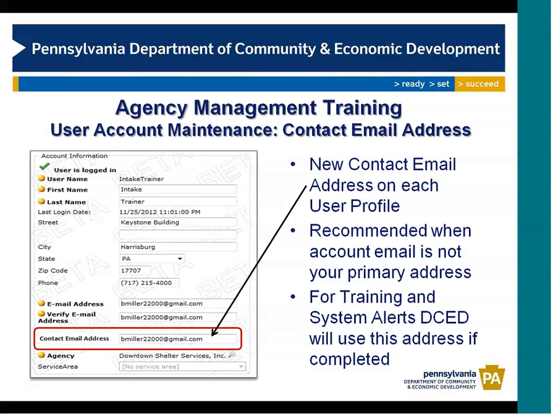One last thing before we take a break is the contact on the user profile. We are adding a new contact email address directly below the account email address. One of the main reasons we're doing that is so at certain times when you register for your accounts, because